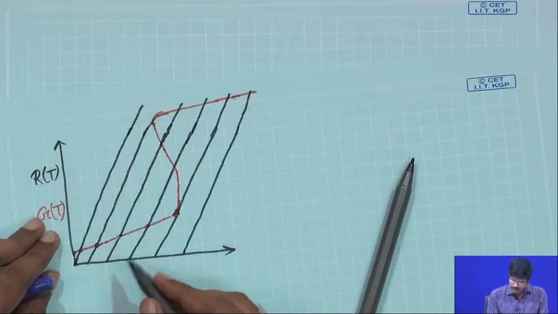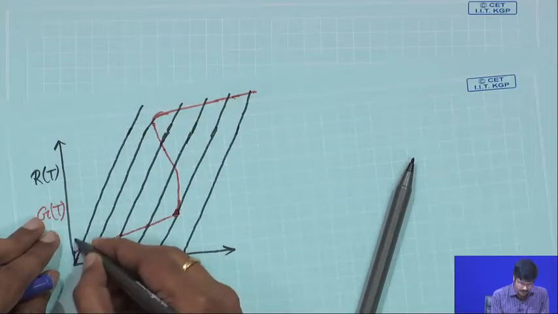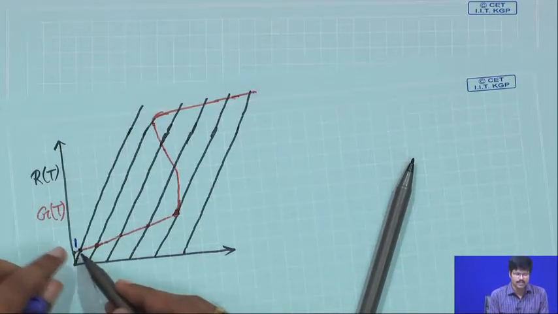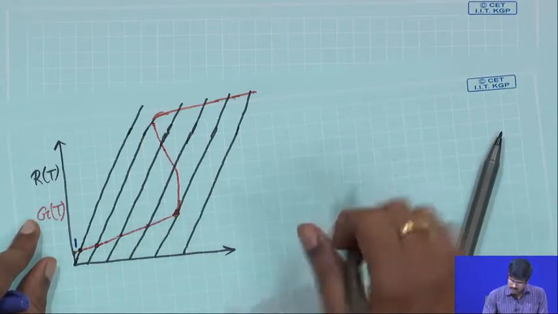Okay. Now, if you see the first line, it is crossed at only one point, let us say this is point 1. So, there is only one steady state for the first line. For the second line,